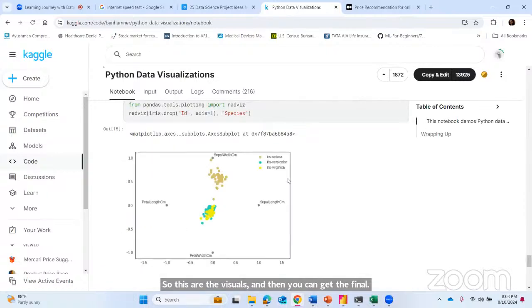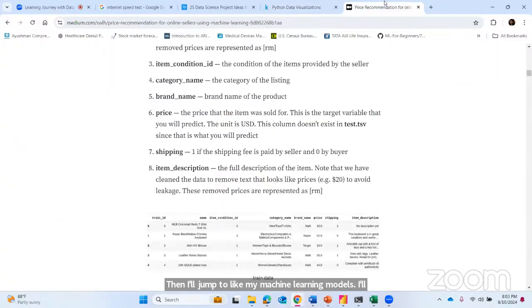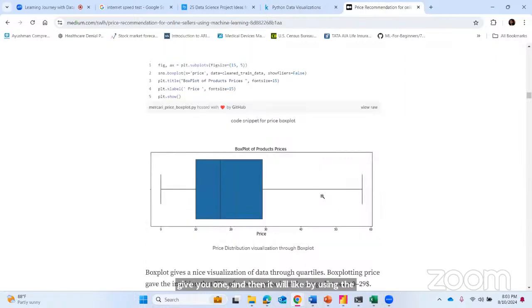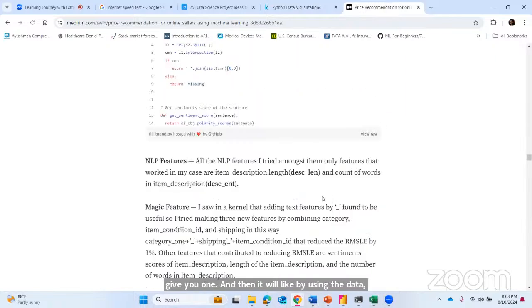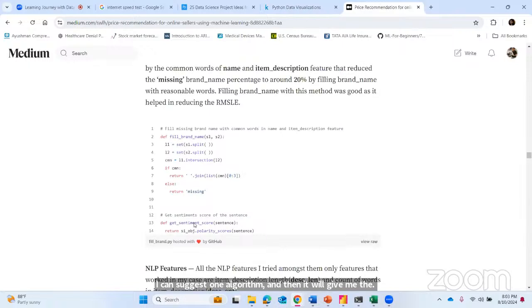After doing the EDA part, I'll jump to my machine learning models. Using the data, I can suggest one algorithm, and then it will give me the output I need. So this is the journey of data science.